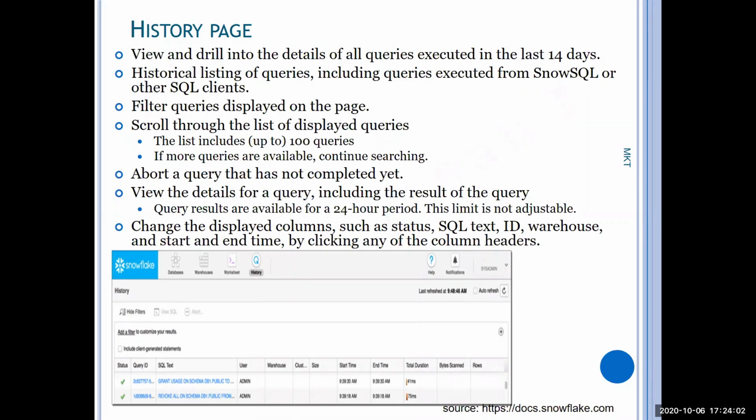I don't want the newer one. I want the old data from some hours back. So you can go to the historical listing, check out which queries were executed at that particular time, and get the result set from there, right? So that is possible over there.